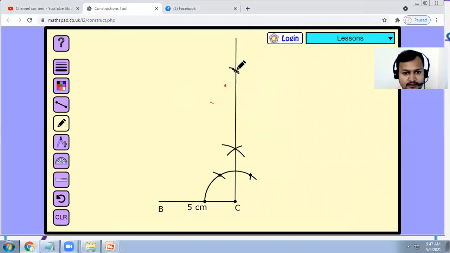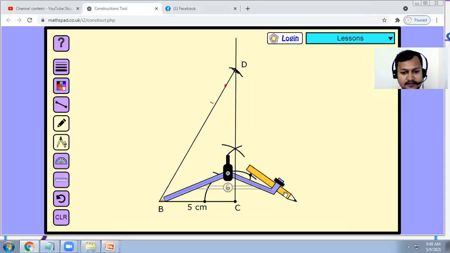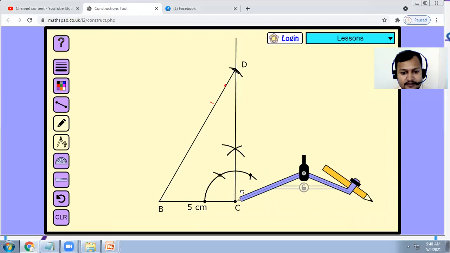So to draw it, use compass in your copy. And now join the line from here, from B to this is the point D. Up to now we constructed triangle BCD only, but we have to construct the rectangle. हामीले construct गर्नुपर्ने rectangle. So for it, again take your compass and get the measurement if possible.